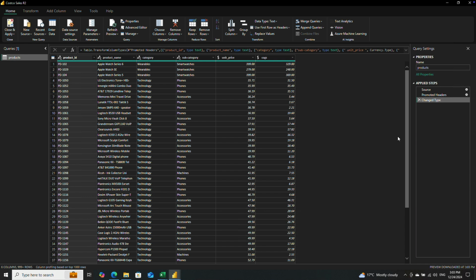So if in future any new products come, it is automatically going to update. You don't have to recreate the dashboard. You only need to do it if you need to add some new features in the dashboard. That's it. So we do have the product data, and if you see, by default I have the header enabled,